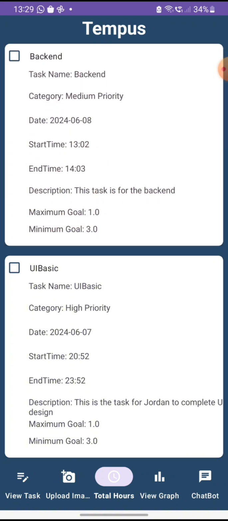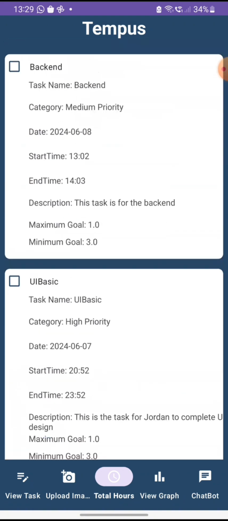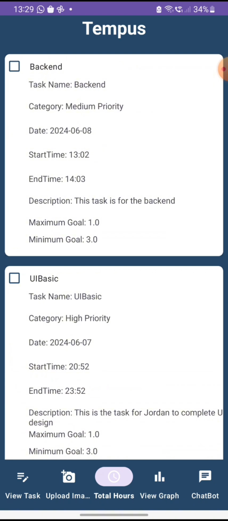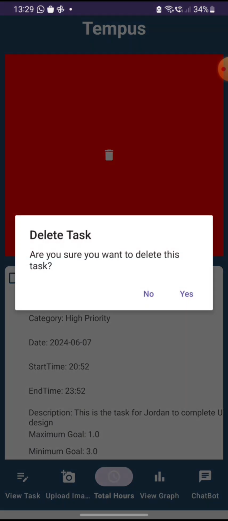No, just like how we made the backend task here, you can make a new task anytime you want. And those are the features for PoE Part 2. As you can see, the capture and the views are still working. And our own features that we made, the two features that we made, with the delete function, you can delete